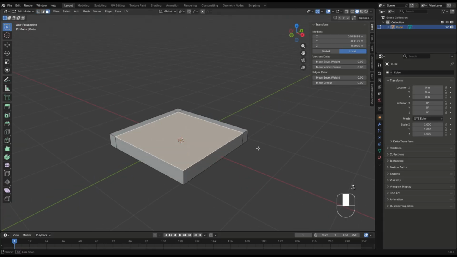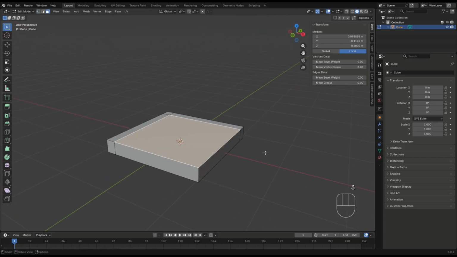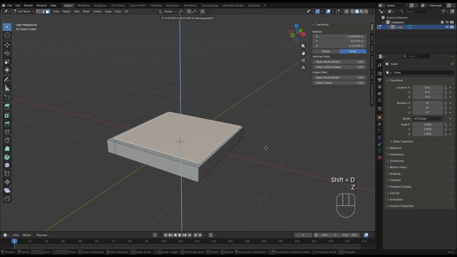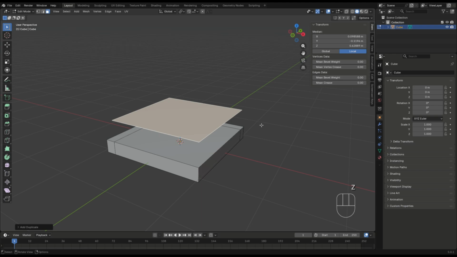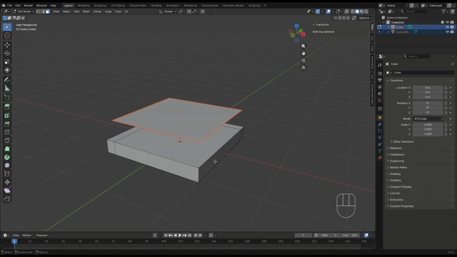But since I'm thinking about making a raised floor, I will use Shift-D to duplicate the selected object. Use Z so it doesn't overlap, and then press P to separate it from my main object by clicking Selection. If an object is blocking the view of another and you don't want to move it, you can press Tab